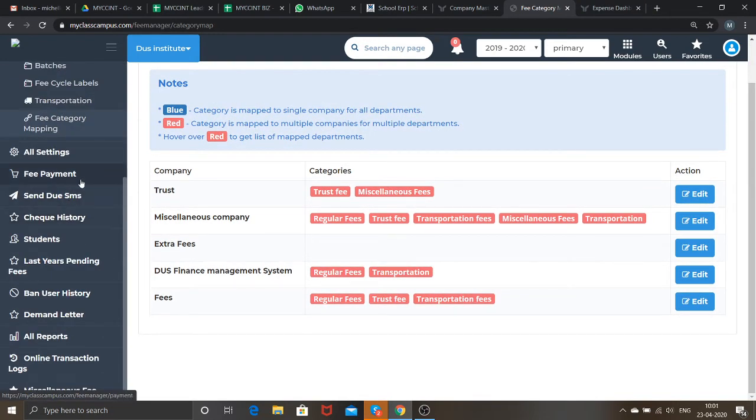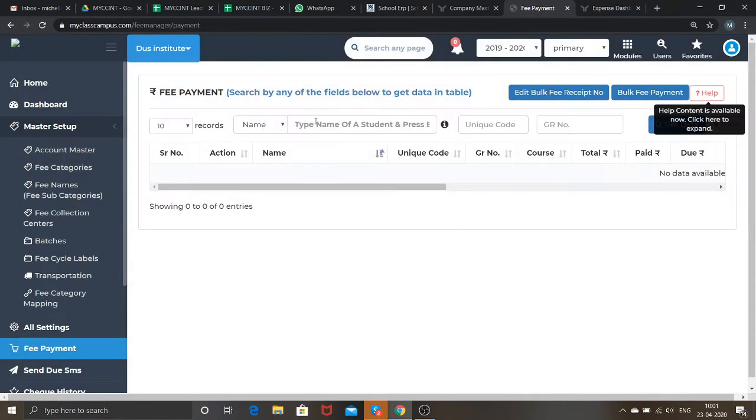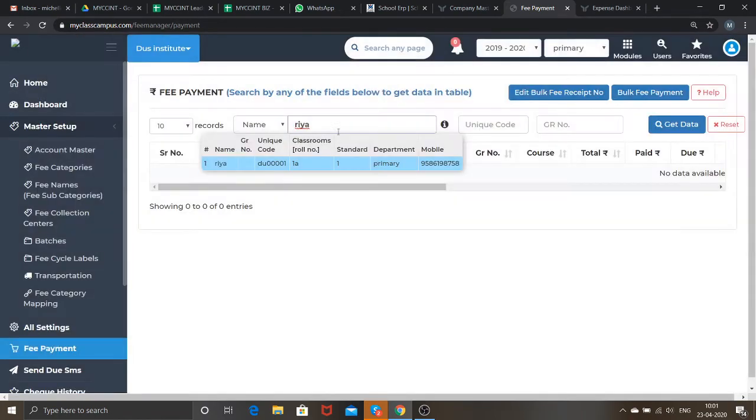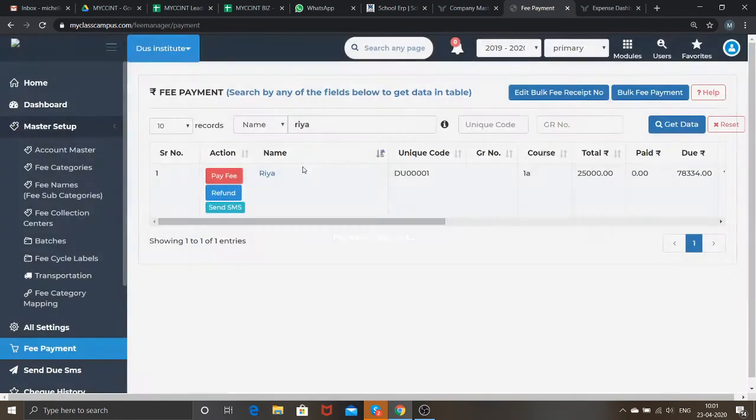After that, we can do the fee payment here. Just need to go to the fee payment and type the name of the student. For example, suppose I type here Ria. I'll get her details, and there will be an option of pay fees. As soon as I go to the pay fees option,